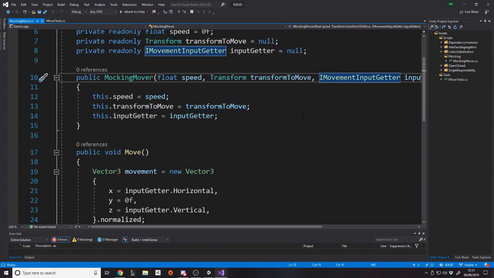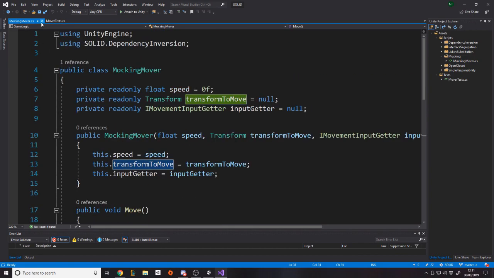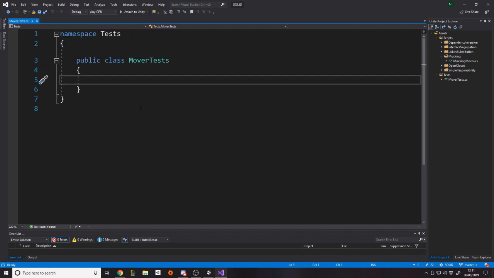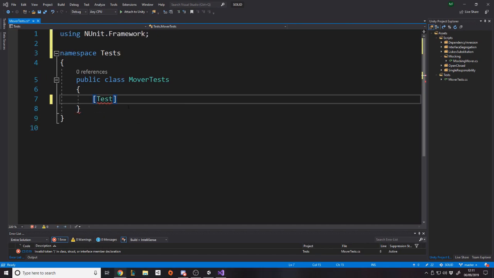But the movement input getter could vary, right? We just set all those things on creation, and then we have a move function we're going to have to call externally, which does the normal movement code, but it moves it on that transform. So this class is what we're testing, right? So in here we say Test. Now this would be for normal tests, but the problem is it's not really a normal test because it's happening over time. So we have to use a Unity test,